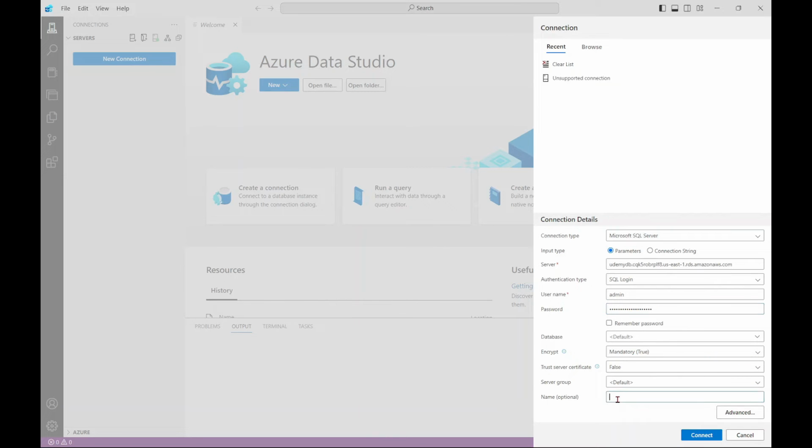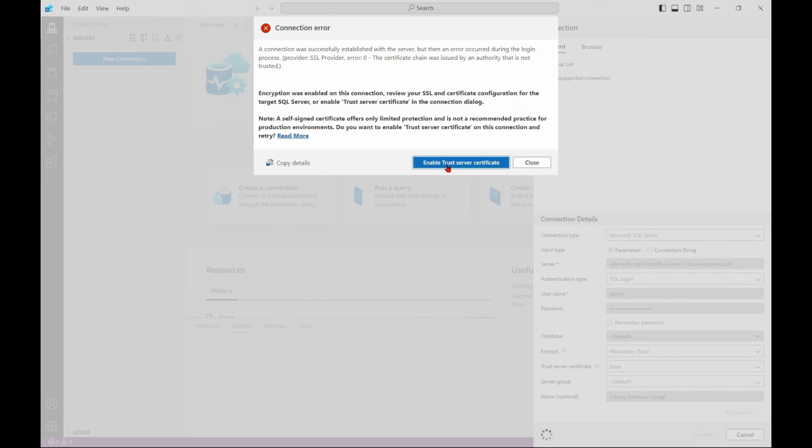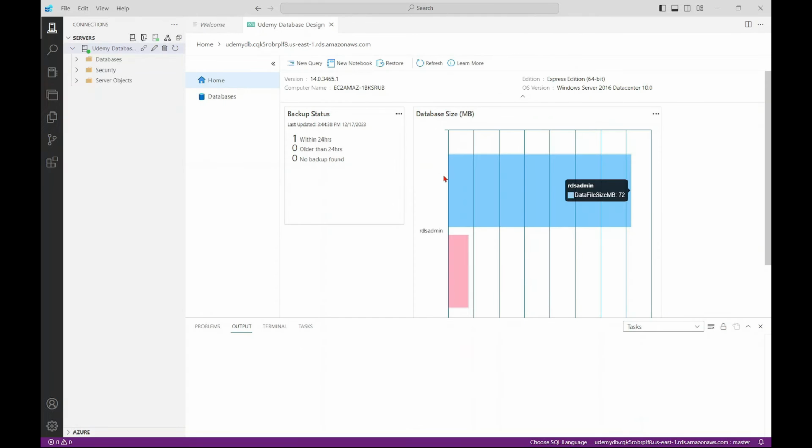The other option that we need is, so we're going to call this Udemy database design. So it's an optional parameter, but it allows you to identify your connections, right? So we are going to select connect here, enable trust server certificate, and now we are successfully connected to our